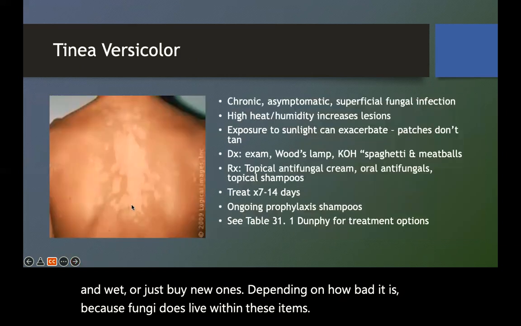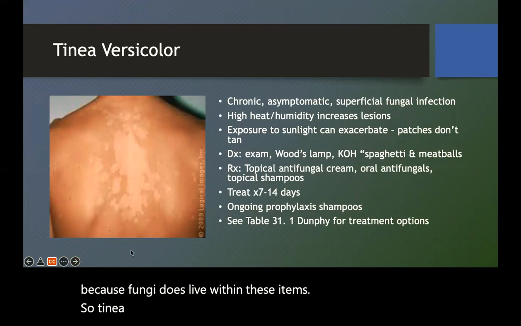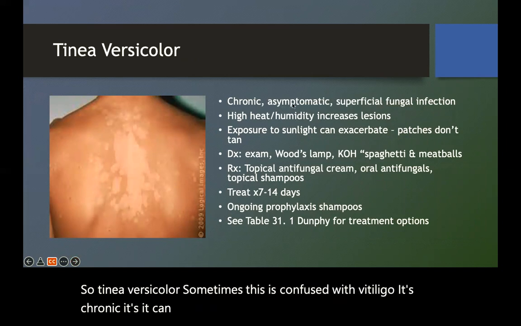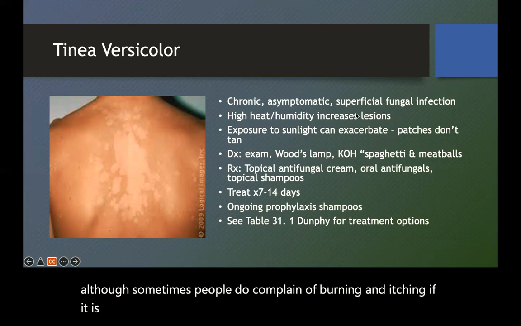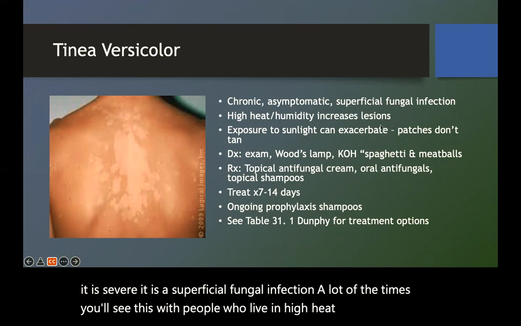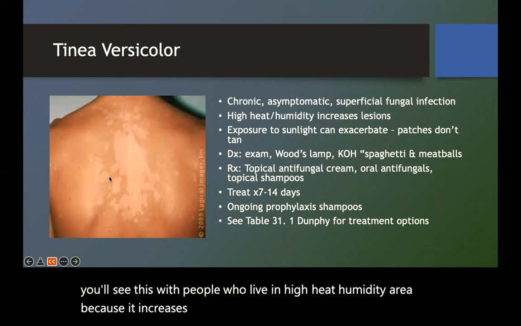Okay, so tinea versicolor. Sometimes this is confused with vitiligo. It's chronic. It can be asymptomatic, they write that, although sometimes people do complain of burning and itching if it is severe. It is a superficial fungal infection. A lot of the times you'll see this with people who live in high heat, humidity areas, because it increases the lesions if they're sweating a lot, if they're working out a lot,